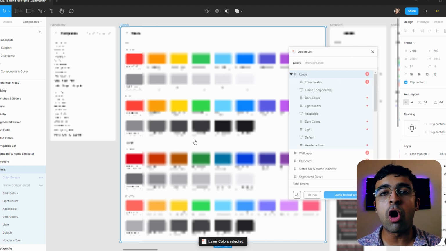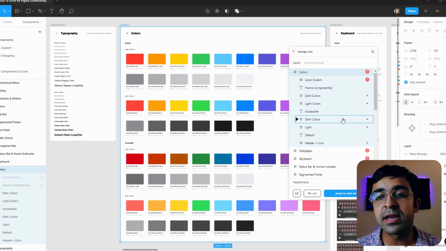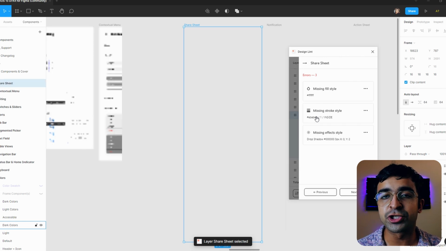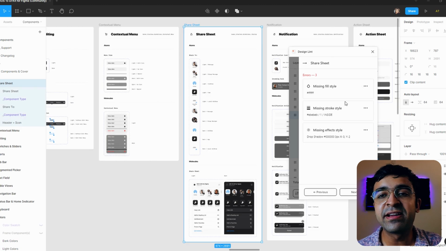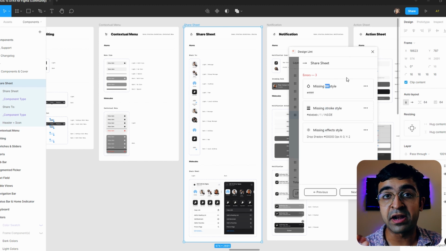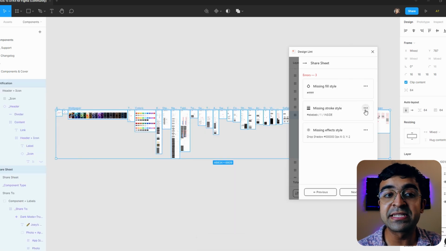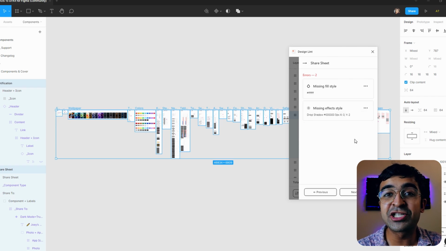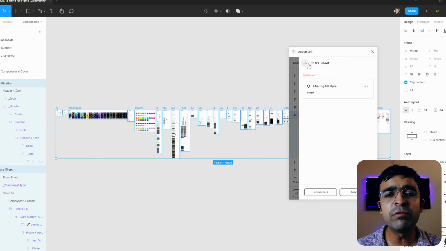And as you can see, we automatically have so many design inconsistencies. So for example, on certain screens, multiple light colors are being used, so it's warning us that there are so many light colors being used. Inside here, it shows on this wallpaper artboard what errors it has found. In this case, missing fill style, so a certain style is missing and is inconsistent. Missing stroke style, so there is one stroke which is missing from one place and is available on all the other places. Now, how do we fix this?